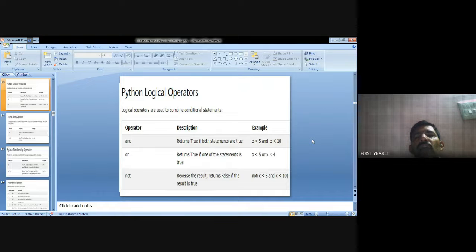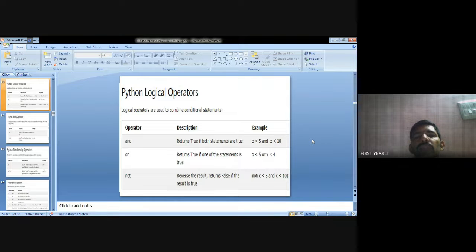Suppose I put x value as 11. 11 greater than 5, the condition is true, and 11 greater than 10, the condition is true.